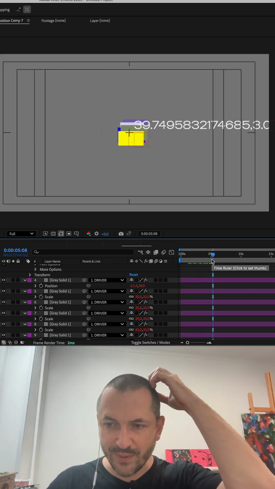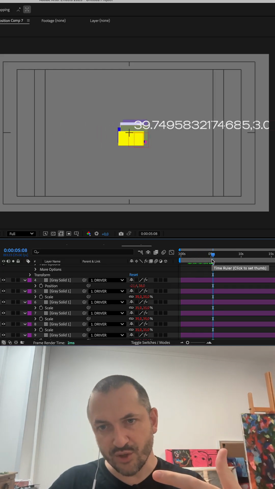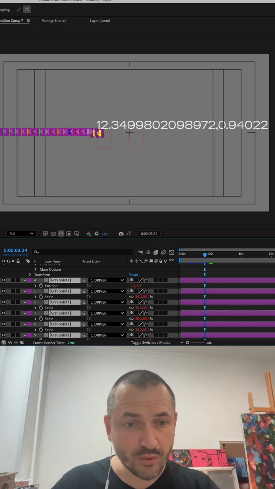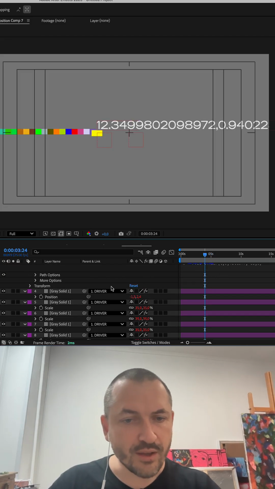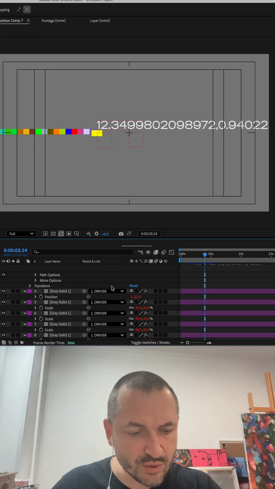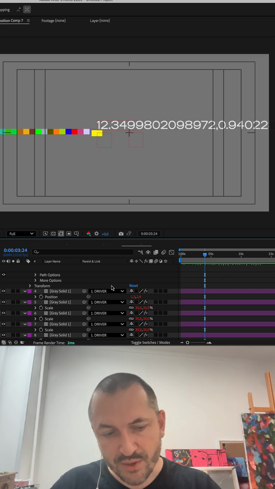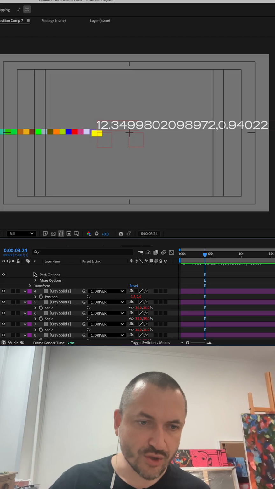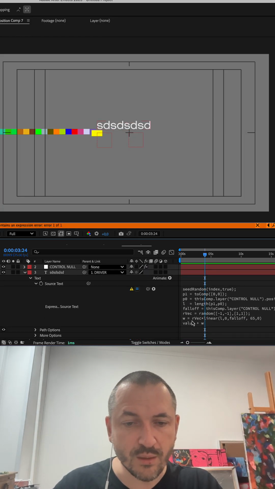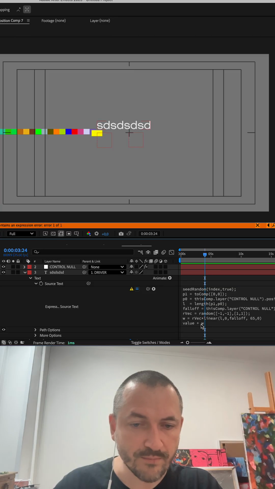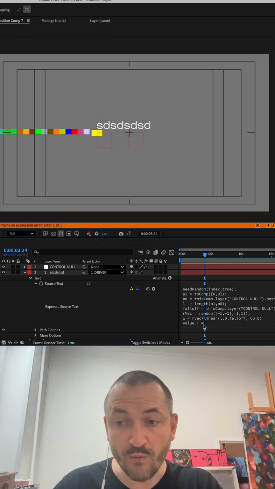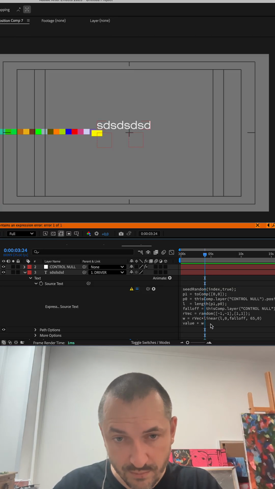Why do we have a problem? Because we forgot the original position of the element, and we don't want to forget the original position of the element. We need to add the original position and our current position. Value is what's stored in the original property, and we add our vector to the original property.